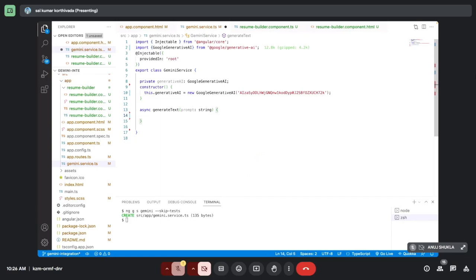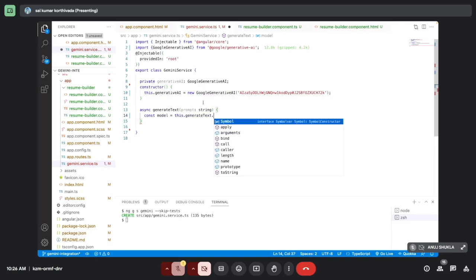So I'll be sending this prompt, and I'll create my model. Actually speaking, this will create only the instance; we have to use the model. There are a lot of AI models already defined in this particular Google generative AI, so we will be using some of them. I can use this generativeAI, no need to use GoogleGenerativeAI again, because we have already created an instance, and on this instance I can use getGenerativeModel,